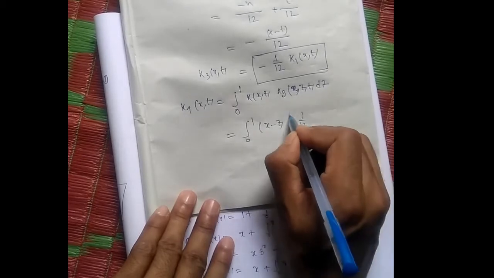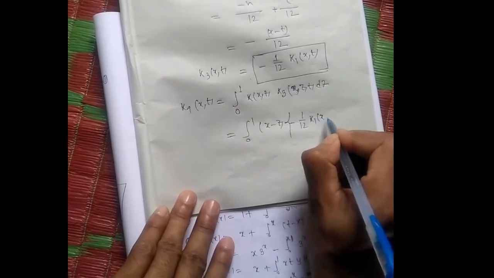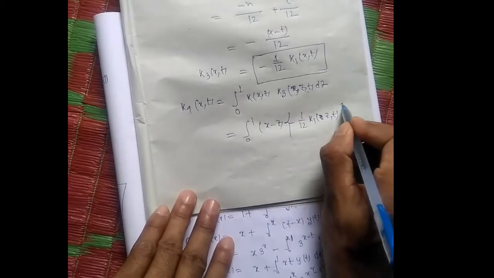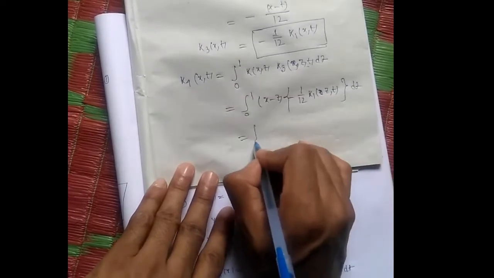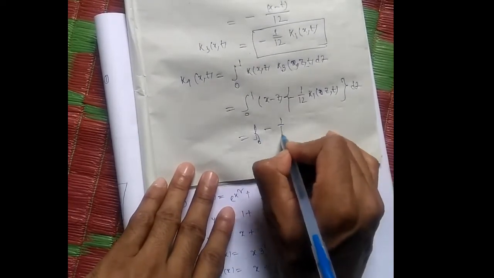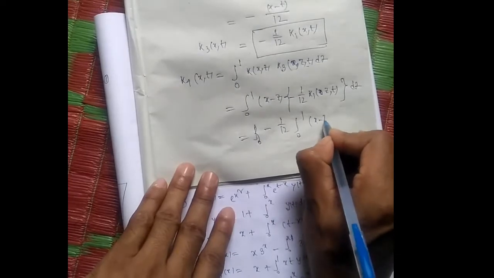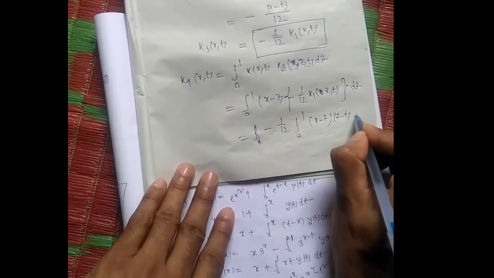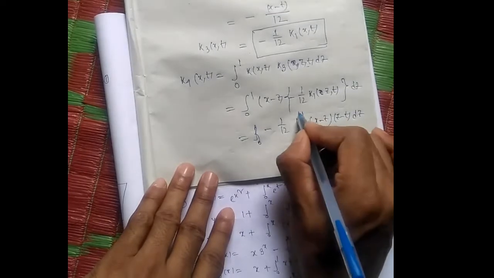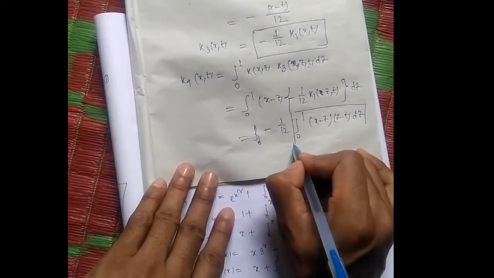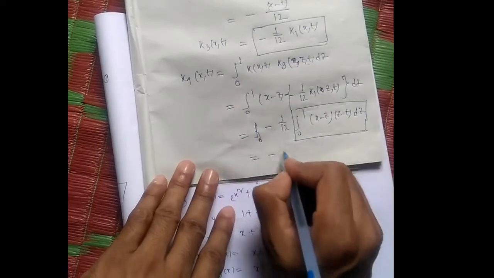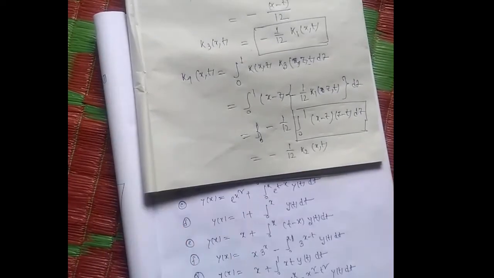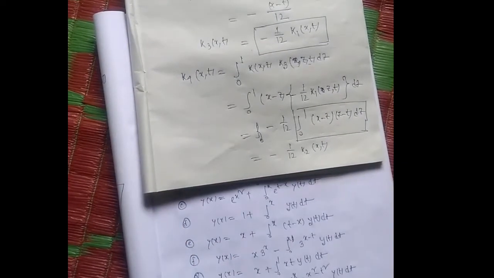minus 1 by 12 k1(z,t) dz. This is the integration, this is minus 1 by 12 times the integral from 0 to 1 of (x minus z) and (z minus t) dz. This is nothing but k2(x,t). Okay, similarly